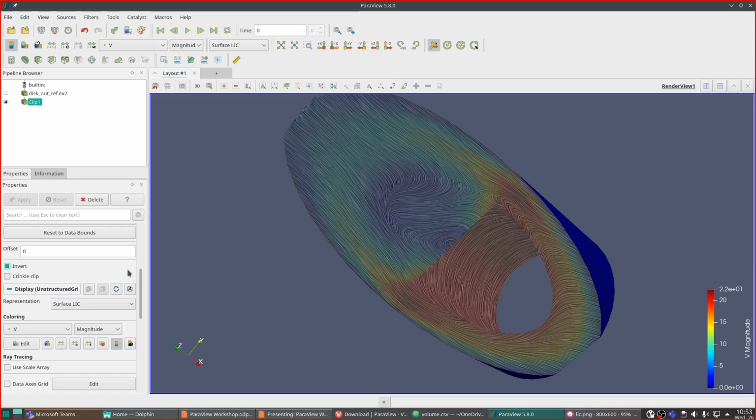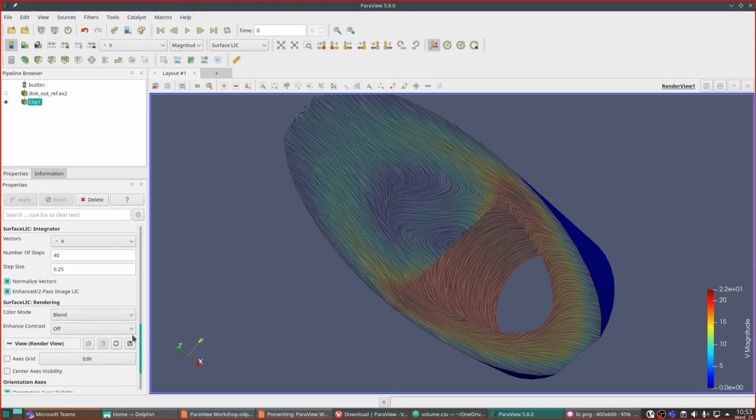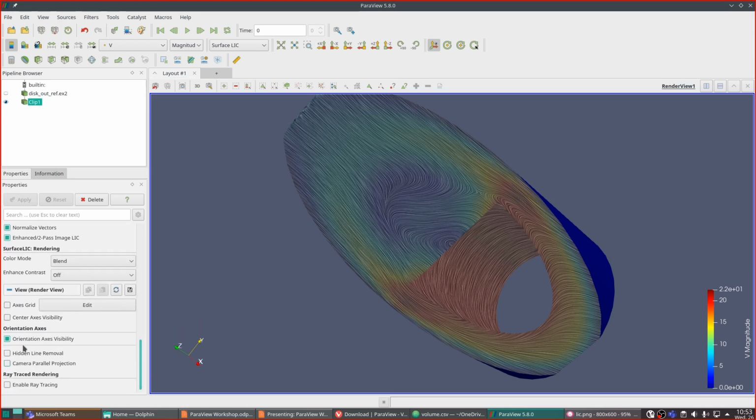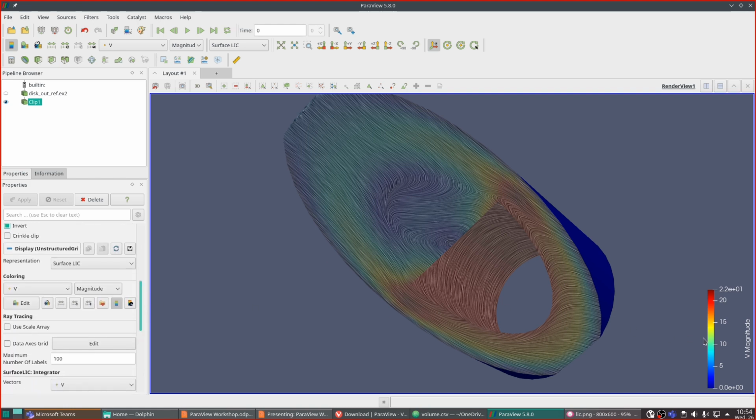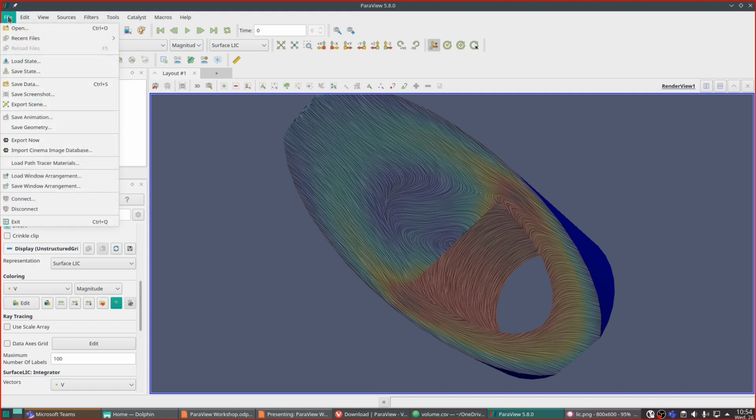You can go back to Paraview, and at the bottom, you have orientation axis visibility. If I click that, here I had my axis, it's now disappearing. Now it's back. And the other thing is the color bar that we have over here. You can click on this thing here, which says show hide color legend. And as you can see, I can make it disappear. So then when I save the screenshot,